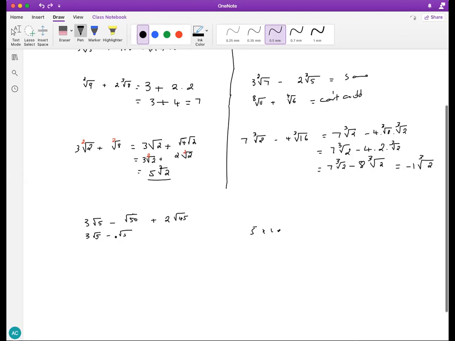2 and 25. Because 25 has a perfect root, which is 5. Okay, so this turns into 25 times 2 plus 2, and we have